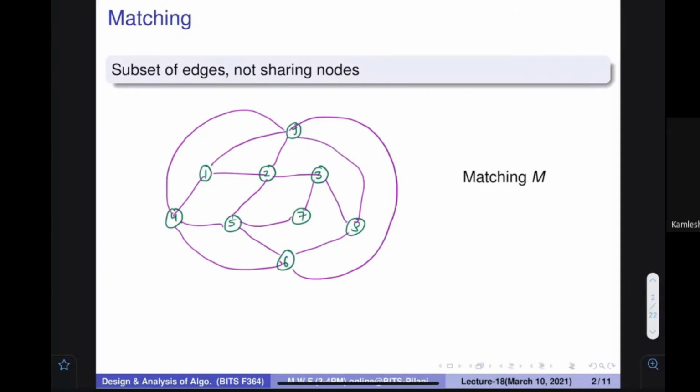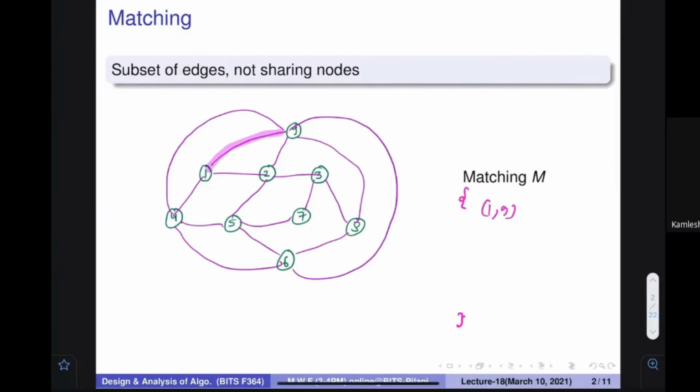Now I need your participation. I want to ask you, what is matching? Let me tell you first, then I will ask something and you please give me the answer. Matching is actually a set where I'm going to collect edges. So it is going to be a set where I'm going to have the edges. Can you give me any edge? Anybody? For example, let me take this one. So it is 1 9. I take 1 9.